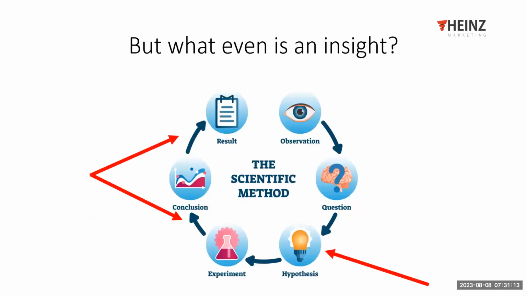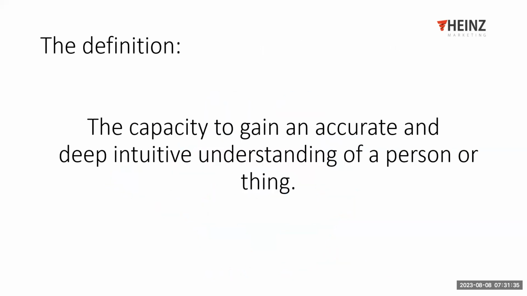Now, typically, I like to think of the insights as part of the scientific method. Usually comes between the experiment and the result. When you've run your experiment, you've gathered your data. Now you need to go in and try and figure out, well, what really happened? Why did it happen, et cetera. If you've got a good hypothesis, this should help you get there. The generation of the hypothesis should be based on the insights, but that's not always the case, and it's not always possible. So this is how it's defined on the internet.